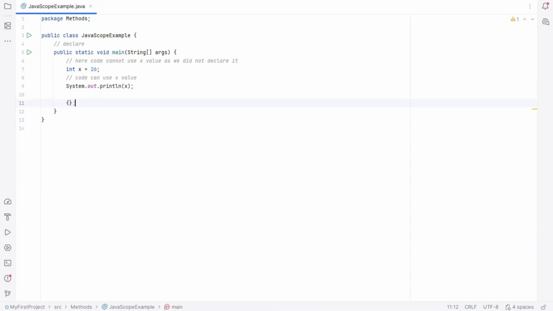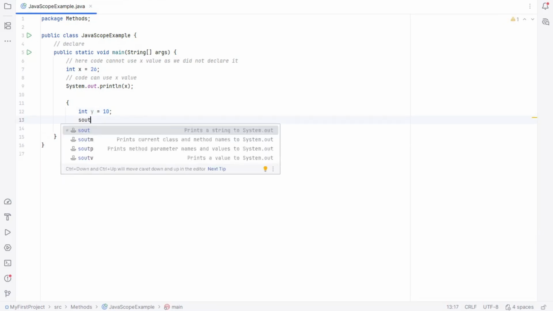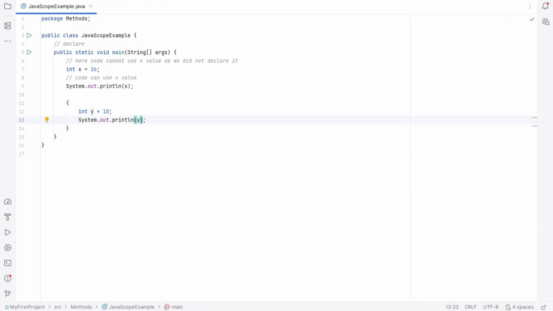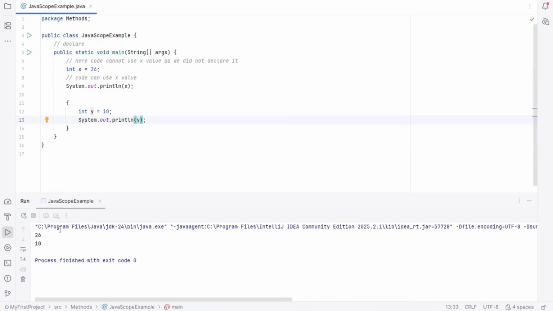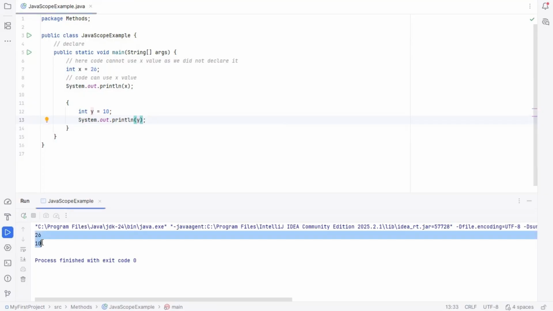Within that, you just declare one more variable. Enter there: int y is equal to 10, semicolon. Then System.out.println y. Now run the program and see. 26, 10. Do you see? 2610. So if you are trying to make use of the y value, the y value scope is